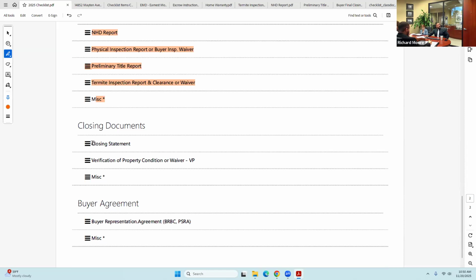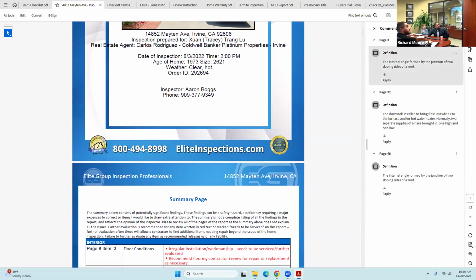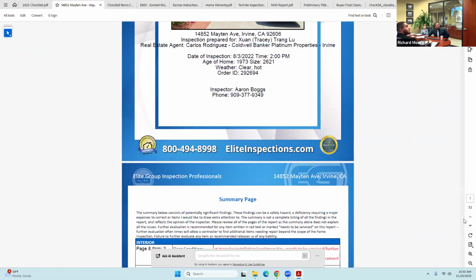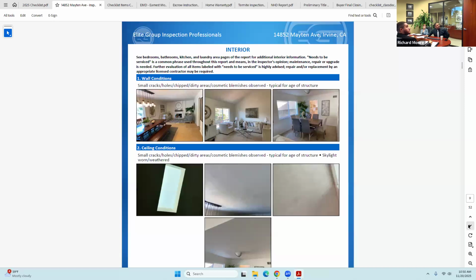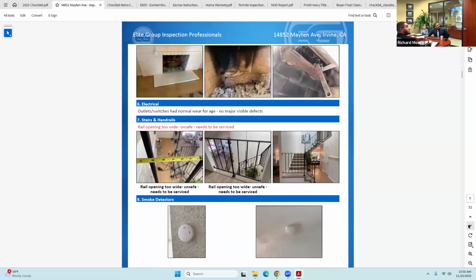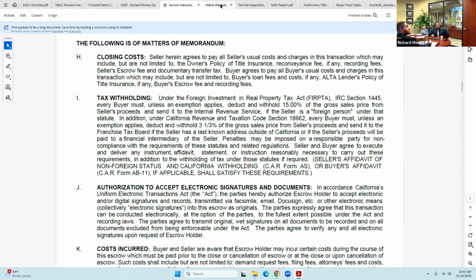Closing documents, there's a closing statement that you're gonna get from escrow at the end. And that looks like, here's a copy of an inspection report, by the way, just regular inspection. They take pictures of different areas that they inspect. Anyway, let's go to,